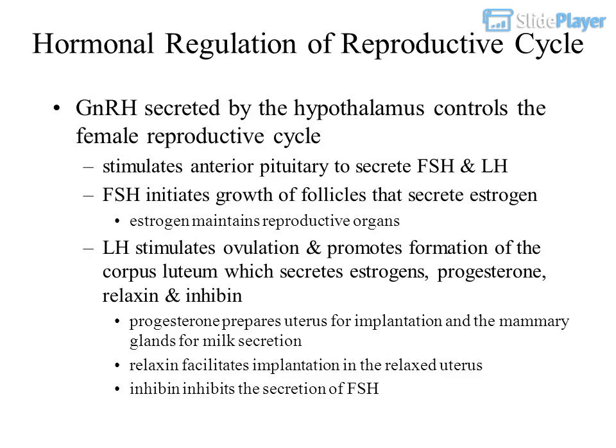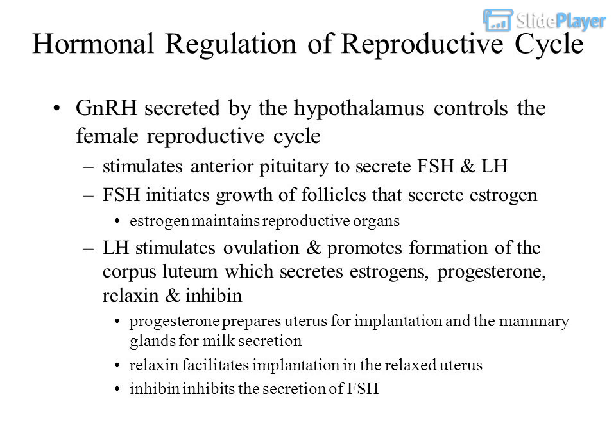Hormonal regulation of the reproductive cycle. GnRH secreted by the hypothalamus controls the female reproductive cycle. It stimulates the anterior pituitary to secrete FSH and LH. FSH initiates growth of follicles that secrete estrogen. Estrogen maintains reproductive organs. LH stimulates ovulation and promotes formation of the corpus luteum, which secretes estrogens, progesterone, relaxin and